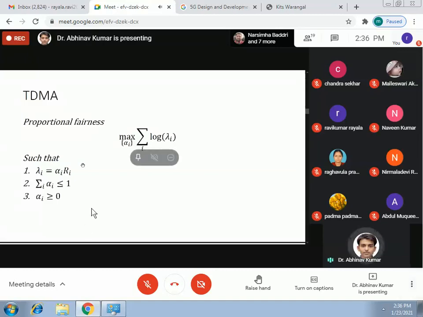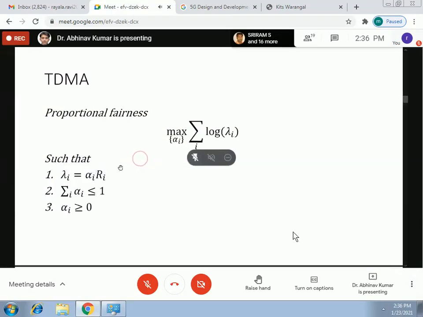values turns out to be not changing the sign. So in that case, I can equivalently say that this objective function is trying to maximize the product of the resultant rate lambda i's, right? Now, there is a motivation for writing it in this log form, which I'll explain as we go further.